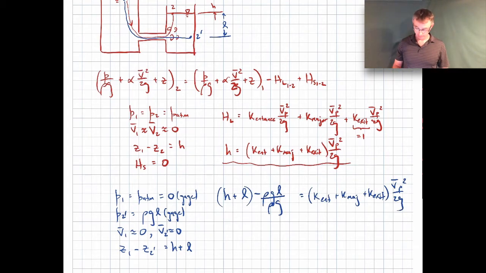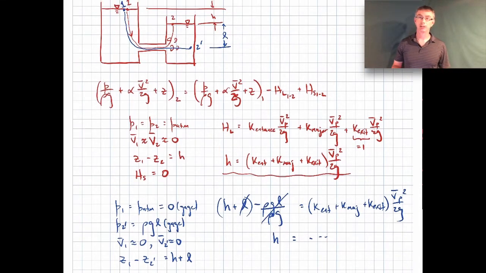It's no problem. So you can see I have this point 2 prime, but now you'll notice that this term will cancel out with that term, and I'll be left with the same expression that I had up here. So it comes out to be the same result. I just wanted to show you you'll get the same result even though I chose point 2 prime in a different location. But I had to make sure that I chose point 2 prime where I know the velocity and I know the pressure well. The only places I really know the velocity and pressure well are either at the free surface here or a point far enough away where the velocity basically is stagnant,